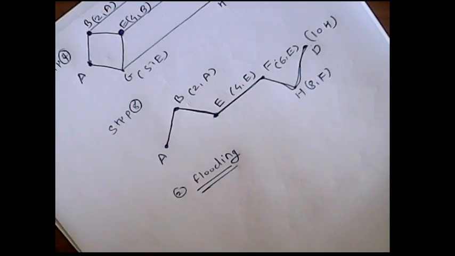Now next we go to the next algorithm, that is flooding. So flooding is a concept where every incoming packet is sent out on every outgoing line except the one on which it arrived. So the concept of flooding means every incoming packet